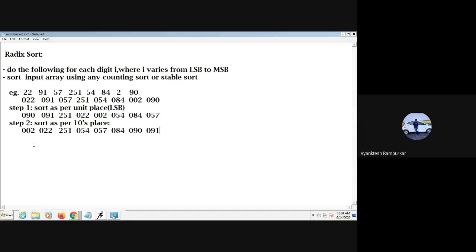And in the third step, what we saw, as per hundreds place, that is by using MSB, it becomes 002, 022, then 054, 057, 084, 090, 091.